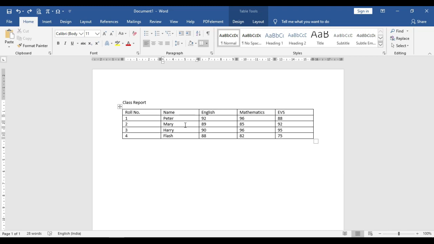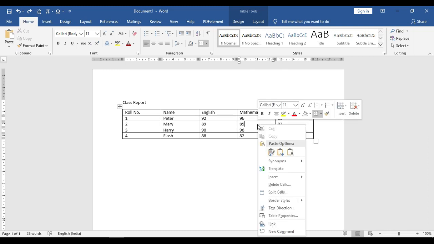The next way, simply click on the neighbor cell where you want to insert the column or row. So I selected this cell, and after that right click here and you will get the same insert option. From here, if you select the first option, insert columns to the left, that means on this side a new column will be added. The next option is insert columns to the right.